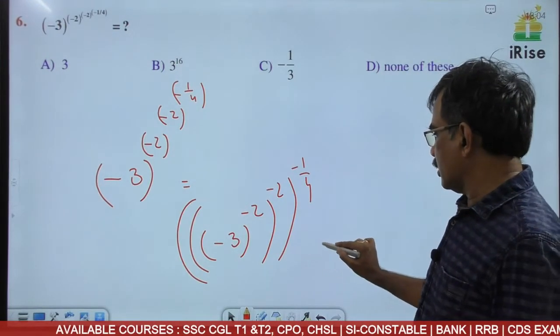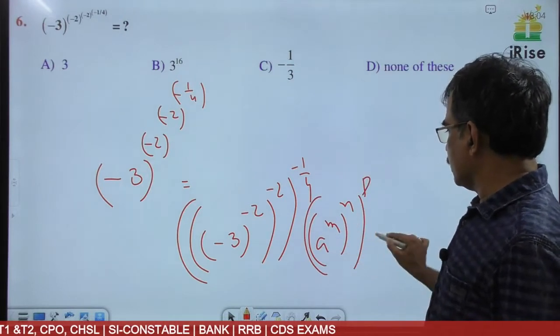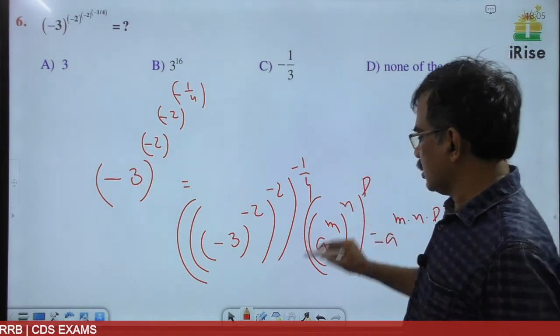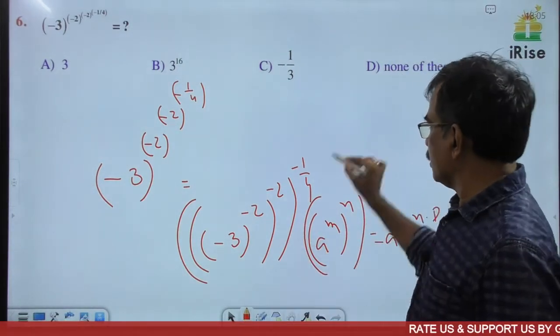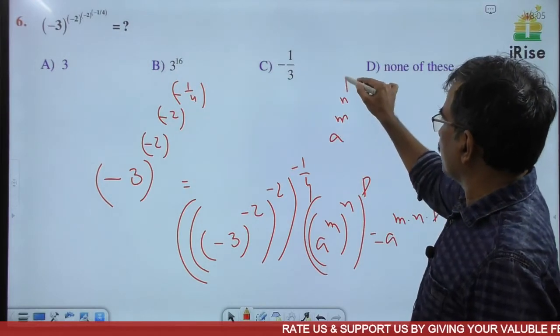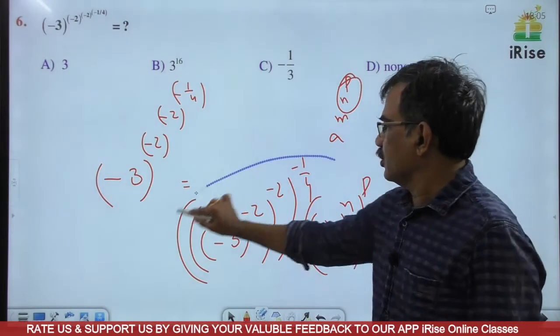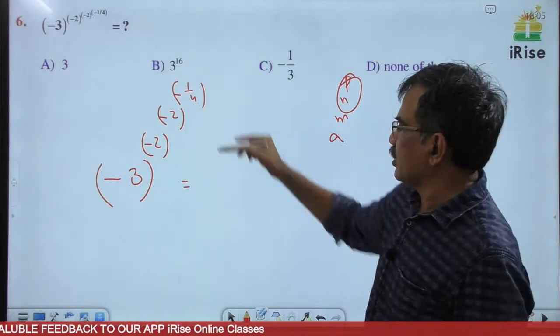Okay, this is not in the form of (a power m) whole power n whole power p is equal to a power m into n into p. This is in the form of a power (m power (n power p)). So first we have to find these two values. First find n power p, nothing but minus 2 power